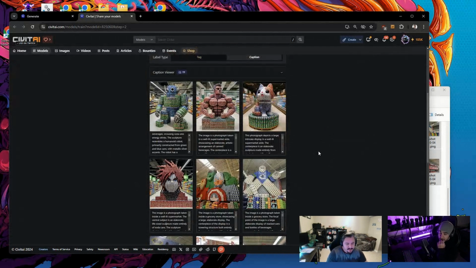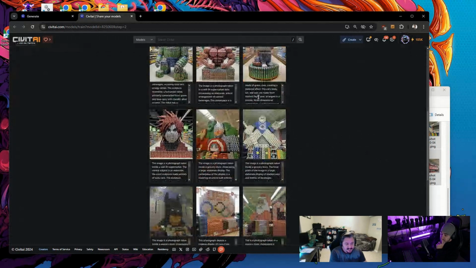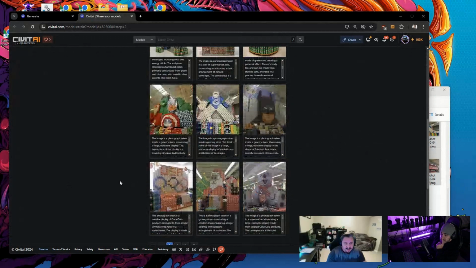I mean, this one seems to be pretty good, but I'd be looking for anything that's a totally wrong object. These ones seem to be canned beverages, a sculpture made from white and blue cans mimicking cat's fur. So you can scroll through, okay, stacked Pepsi cans, that's still fine. Maybe you want to say it's just stacked cans. It doesn't need to be Pepsi. But I'd be looking for things where it describes a totally different object. In that case, either you can correct it to say soda cans, or you can just delete and remove that image from the set.